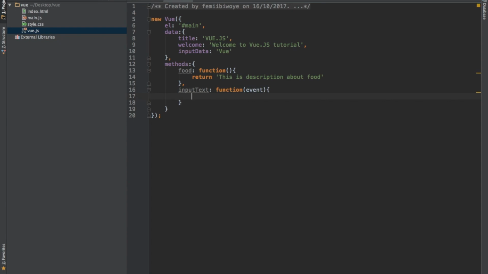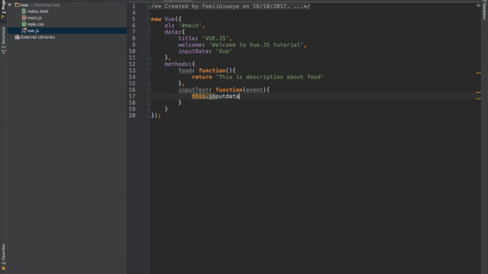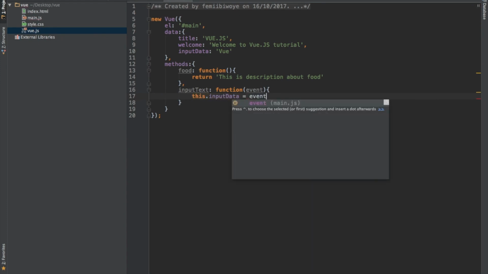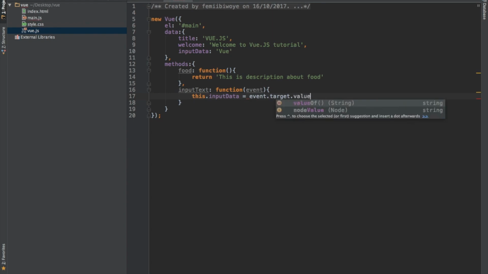So what I want to do is take the data coming from the event into this particular input data. So I need to make use of this.inputData in order for me to be able to access data from this point. So I will say this.inputData equals event.target.value.